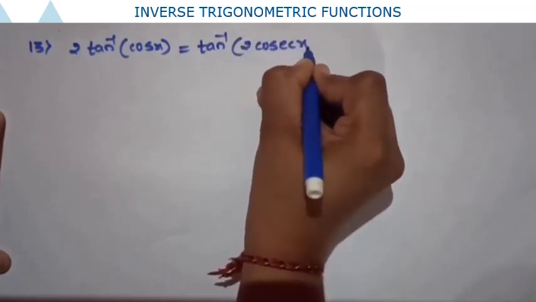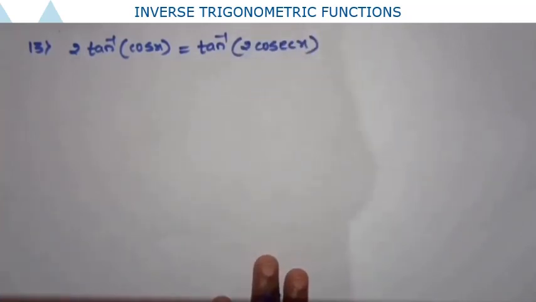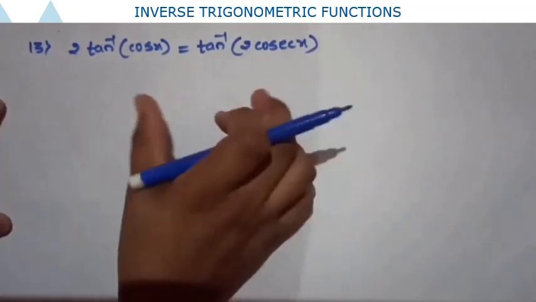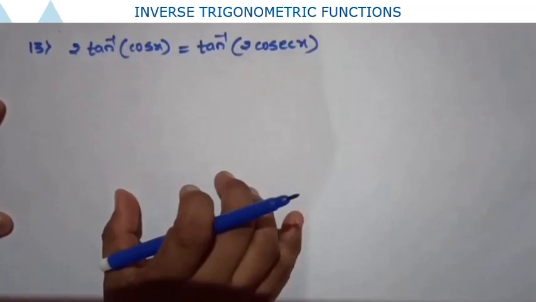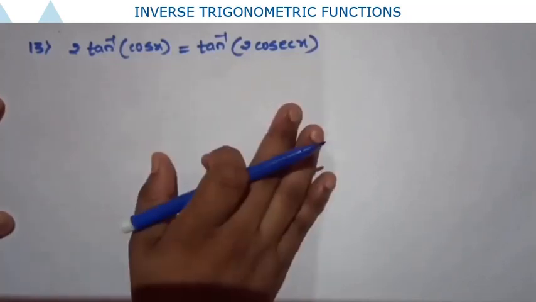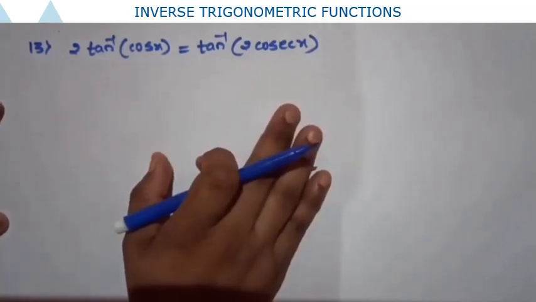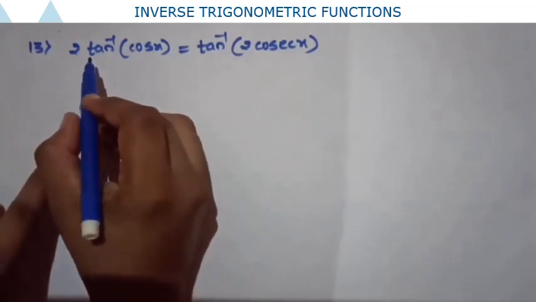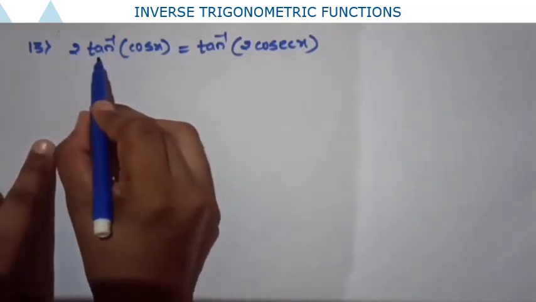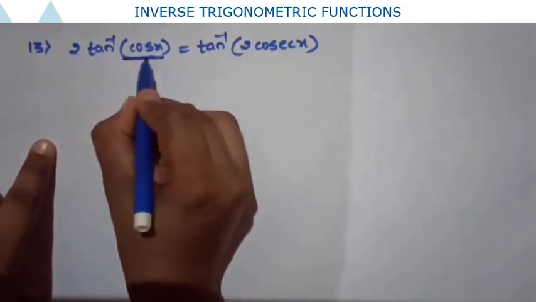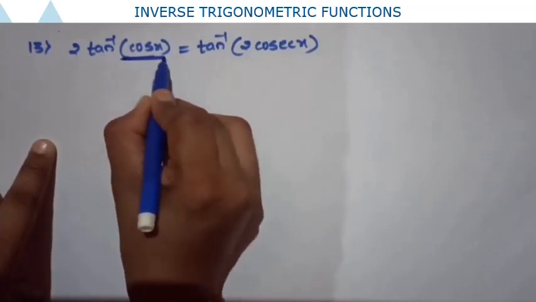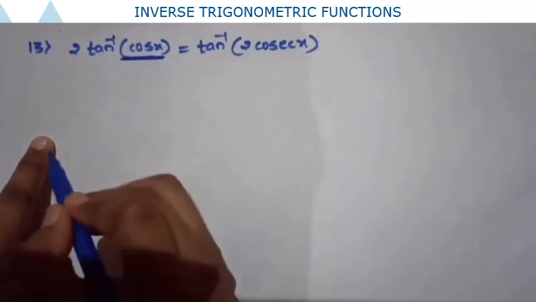Okay, so solving means finding the value of x. Here both sides I have to consider. It is not proving LHS equals RHS, we need to find the value of x here. Okay, so now see here 2 tan inverse x. Is it of the form 2 tan inverse x? So therefore we can write 2 tan inverse x in terms of tan inverse.